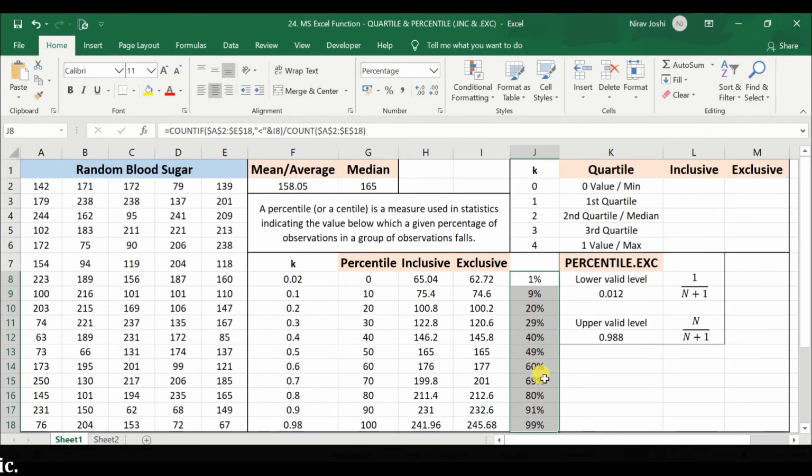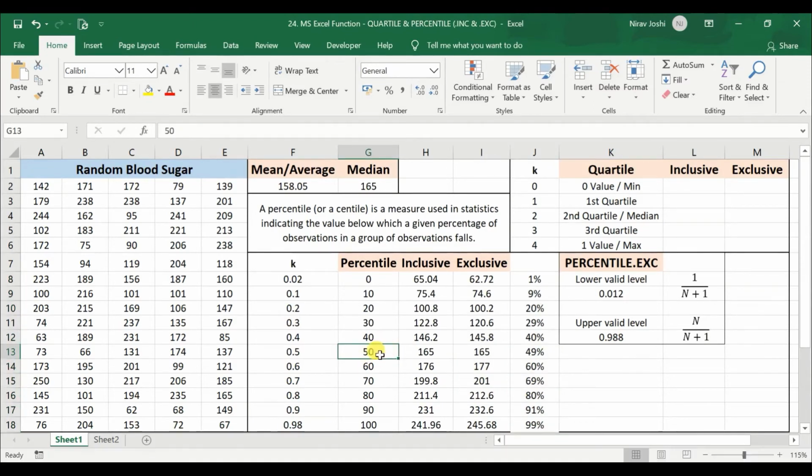Now at some point you may see that, like in here, below the 50th percentile there are 49% of observations rather than 50%. So there is actually an issue in terms of calculation when there is a very small number of samples. If you have a large number of samples like 500,000 or so, this may actually come to exactly 50%, or exactly 70% at the 70th percentile.